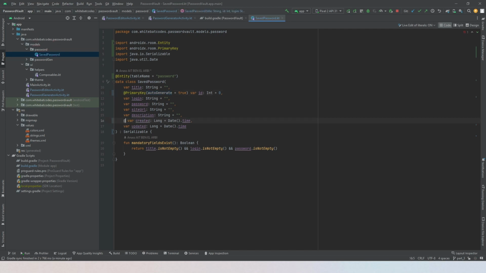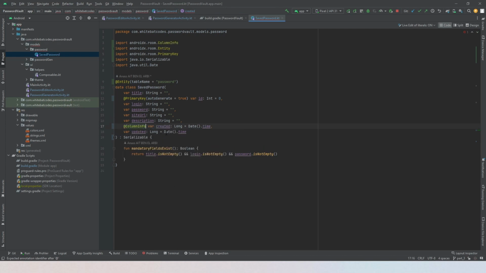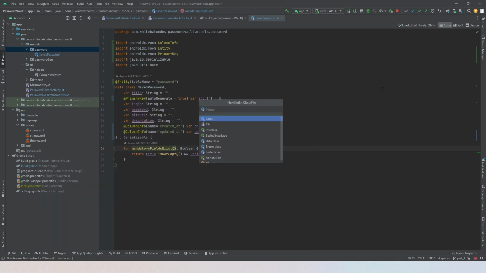I'm just going to change their name. So here, column info, and here name is equals to created at. Move, copy this, paste it here, updated at. Alright, that seems to be good. We have our password here. Next thing would be to create the DAO, so saved password DAO,